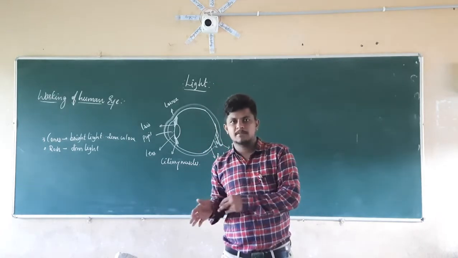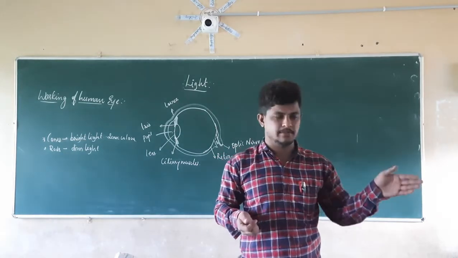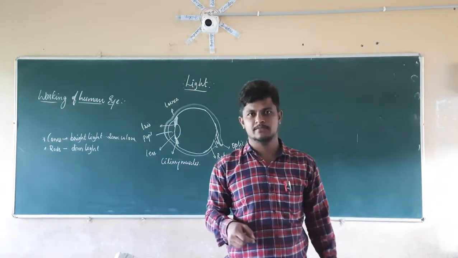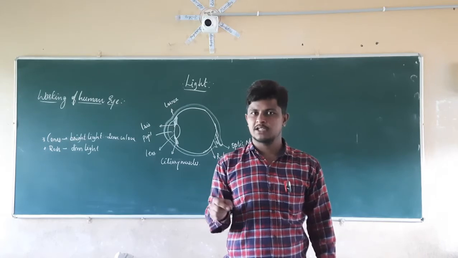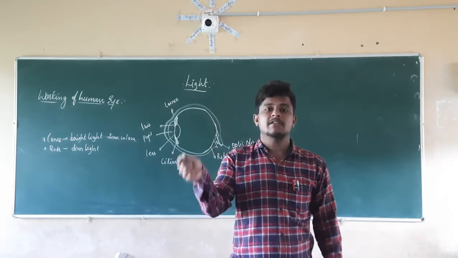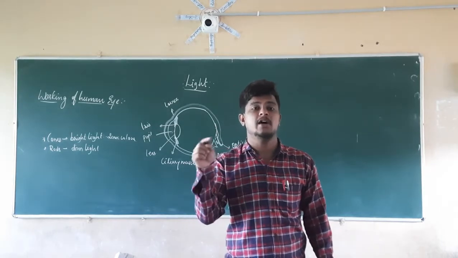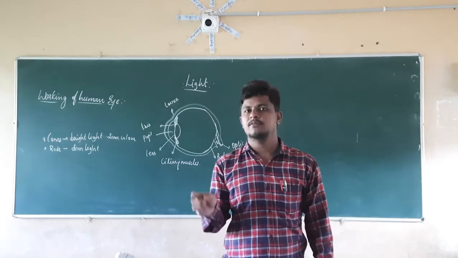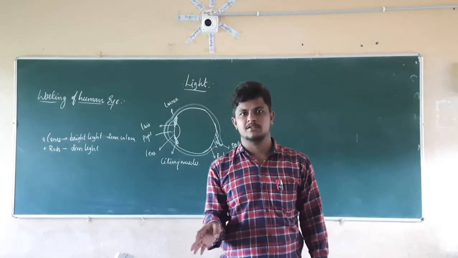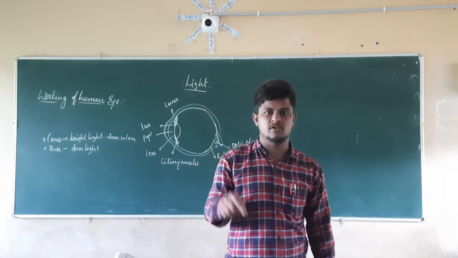Right? So if light only comes on the camera or on the object and reflects, is it possible to see everything? No, it is not possible. So what is required here? Whatever light reflects from those objects should enter into our eyes. Then only is it possible that we see the objects. If not, it is not possible to see those objects.